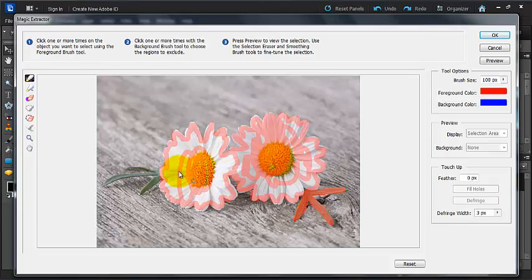I want to make sure I include all of this. And I want to include the leaf here. Now I'm going to grab my